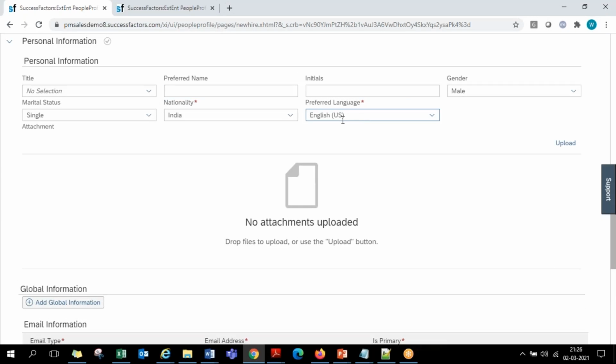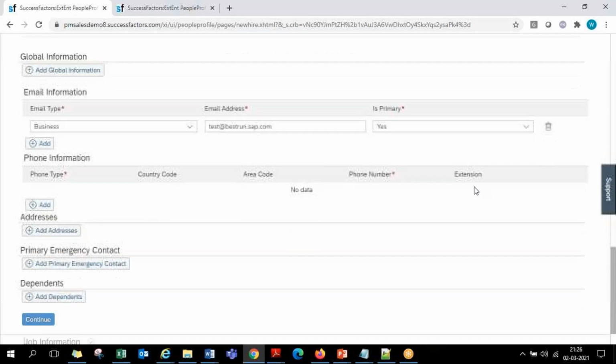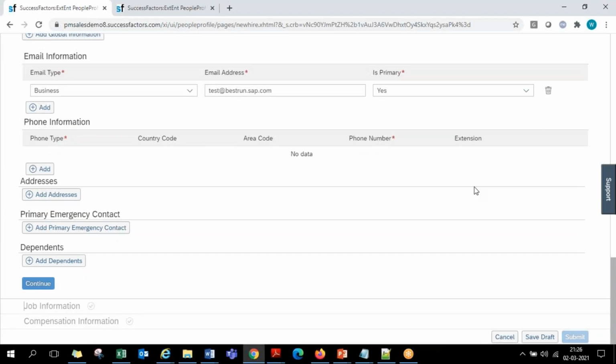Only the initial 5-6 fields don't have a delete icon. For the rest of the things you have an option to delete, skip, and maintain them at a later phase, once the employee record is created. Either you as HR can fill it, or you can directly give the employee access to fill their own details, their email IDs, address details and all. We can ask the employees to fill it themselves also. Okay, that is a way.